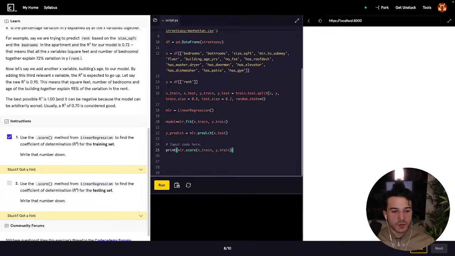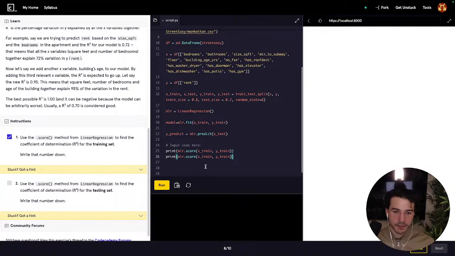Use the score method from linear regression to find the coefficient of determination for the testing set. It wants me to write it down, so